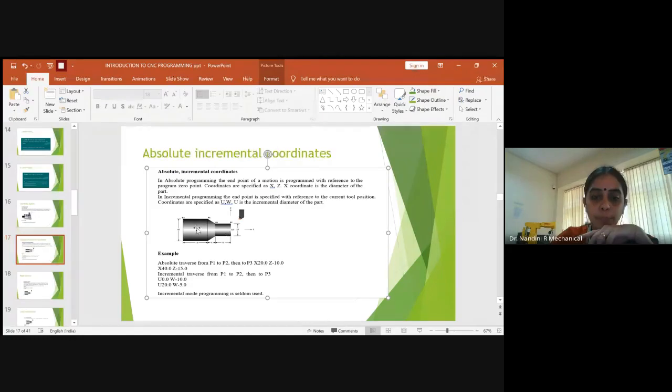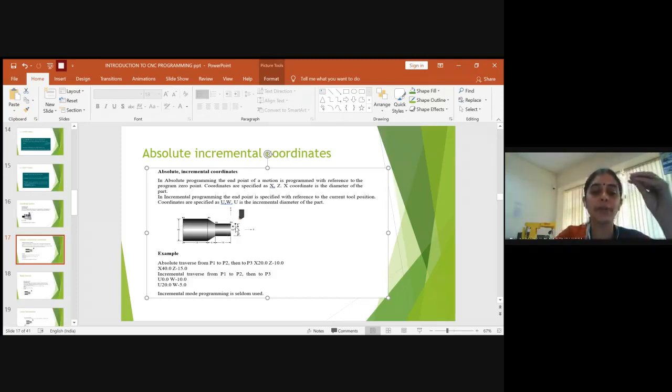So the given material will be of 40 mm diameter, and the length might be 15 plus 5 plus 10 and some excess material. So you will slightly scrap the material and etch out the excess part such that the required length and the diameter of the part is maintained properly. So in this case, when you have the variation from different points, P1 to P2, P2 to P3, and then P3 to P4, you have to provide an incremental traverse.